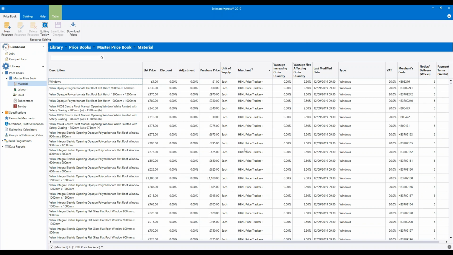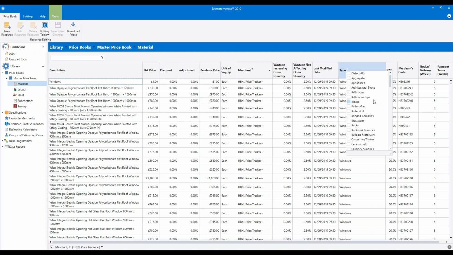Another way that we can do it is to filter by product type. So for example, we can look at just blocks or just insulation or just drainage. To do that, you would use the type column heading. So that's 4 columns to the right, you'll find the type column heading. And again, when you put your cursor over that column heading, the funnel icon will appear. Click on the funnel icon.